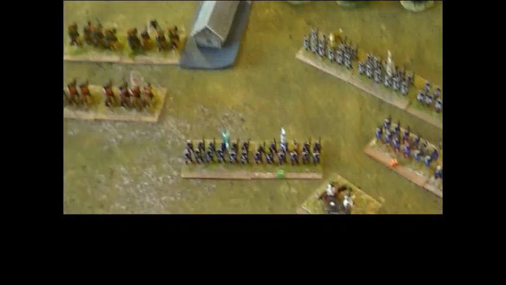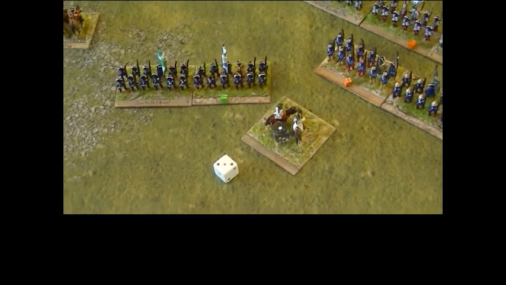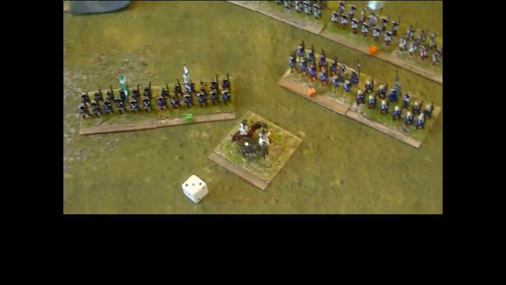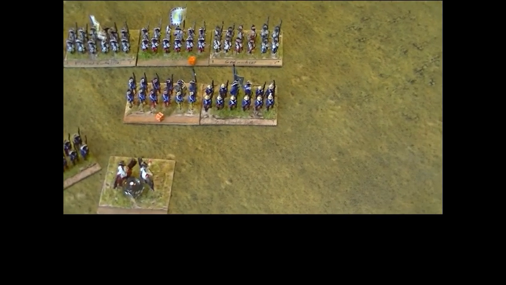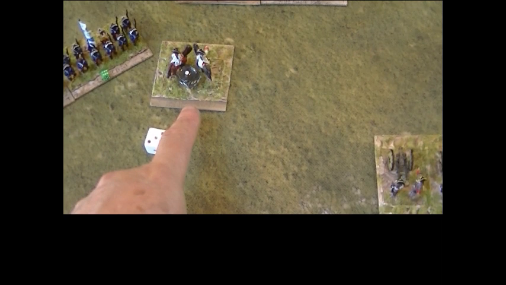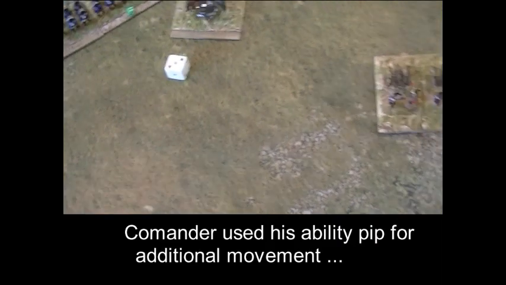Okay, so on this flank, cavalry here remain stationary, but I managed to succeed to wheel this unit to start marching towards assistance over there. Meanwhile, the advance here continued on the hill. They moved twice. The commander uses a command pip to give them a second move for that, and the artillery will